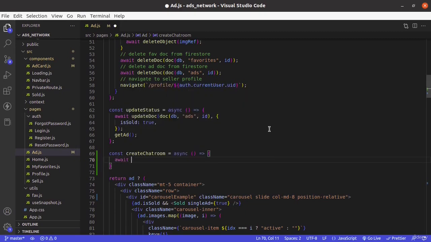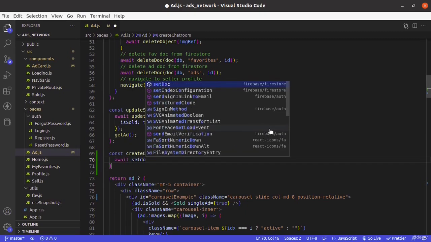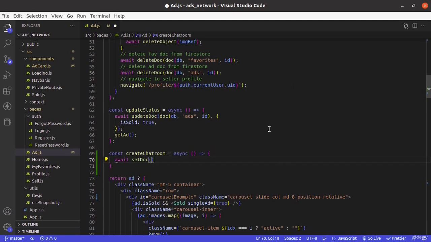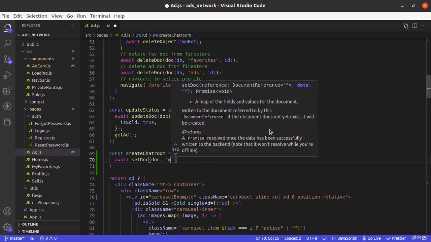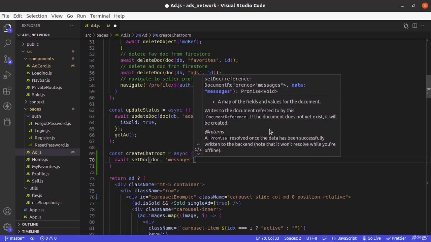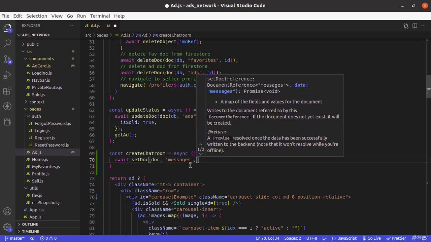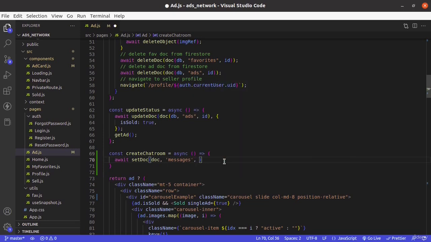So let's do that. Await set doc. It will be from Firestore. It will take doc and collection name messages. We don't have one, but set doc will create it, and then ID. So this ID is not going to be simple. It will be a combination of logged in user ID, who will be buyer, and seller ID, and also add ID. Let's say if we only create this document with add ID, so what will happen when buyer will send